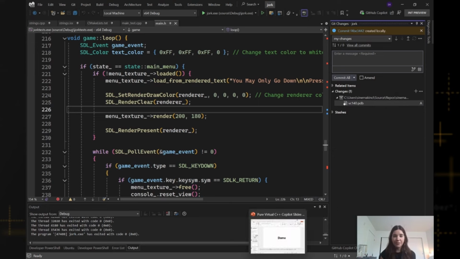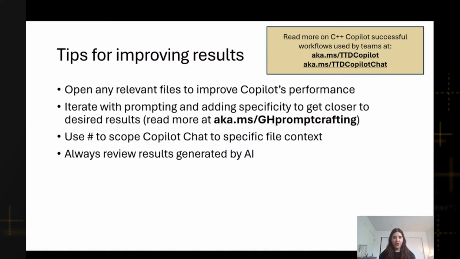So going back over to the presentation. So we saw some tips to improve results, but in general, we recommend opening any relevant files to improve Copilot's performance, as it takes these open files into context. We also recommend iterating with prompts to get closer to your desired results, and you can read more about this at aka.ms/gh prompt